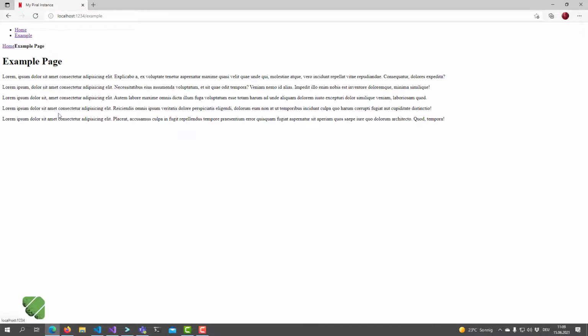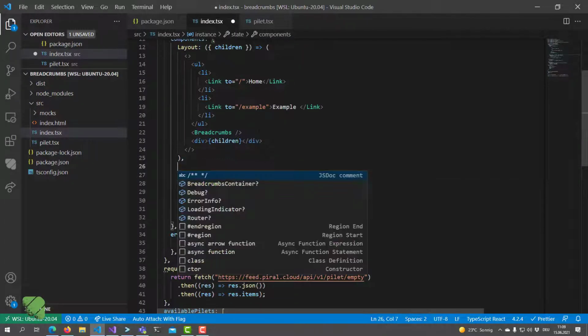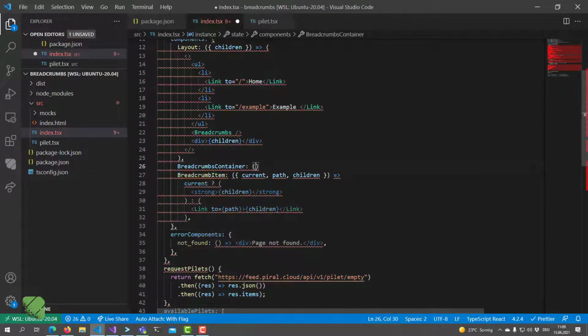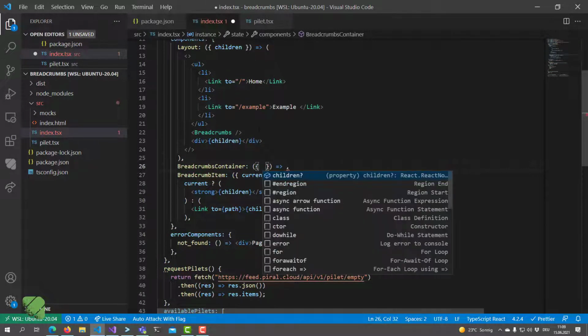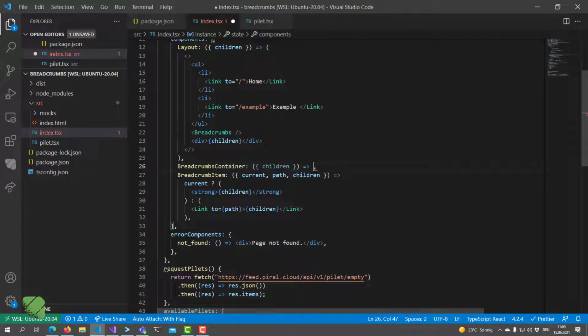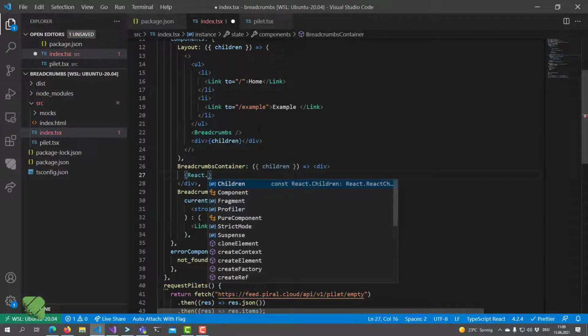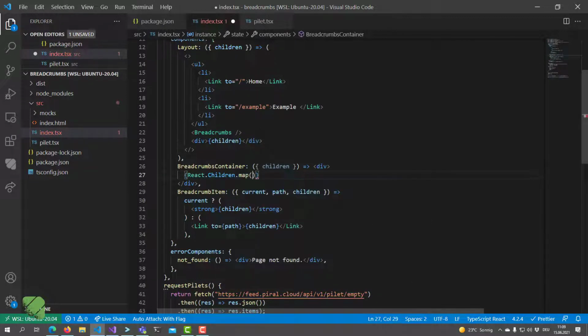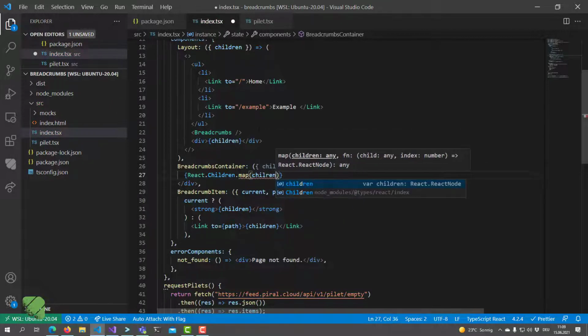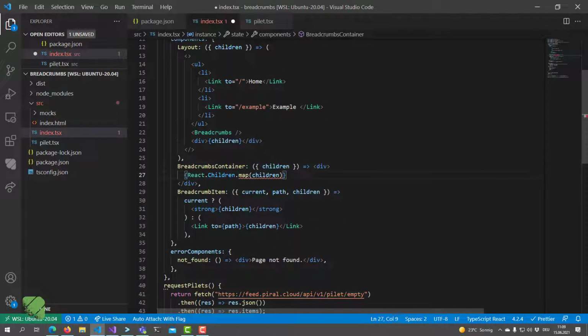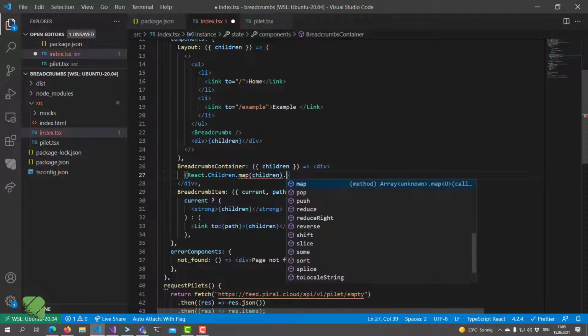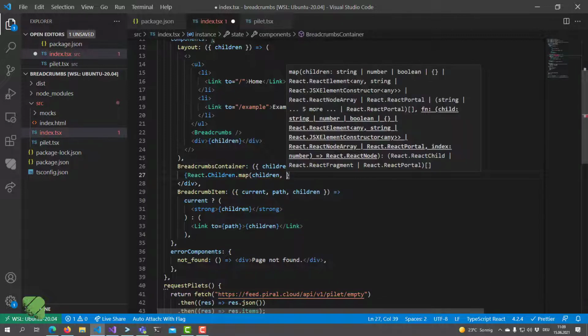The only exception is that there is nothing in between, but that is something that you can of course also set up via your container here. So let's do that. Let's see, it only offers us children, but what you could of course always do is that you use, for instance, React.Children, and you just map over these children, and maybe you want to put each of these in its own